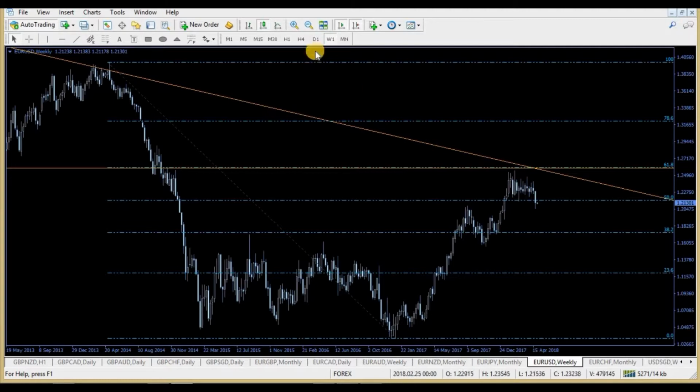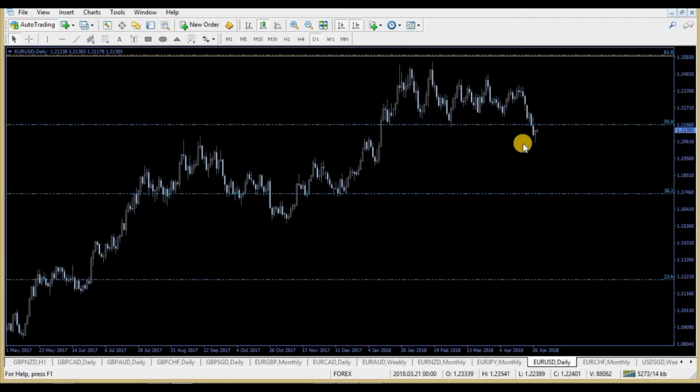So just skip down to, I think it was, weekly. Weekly has closed below, and daily has also closed below. So if you're just looking at daily without any context on the monthly time frame, you would assume that it's broken this short term daily range. So you've got low, high, low, high, low, and these highs through here,